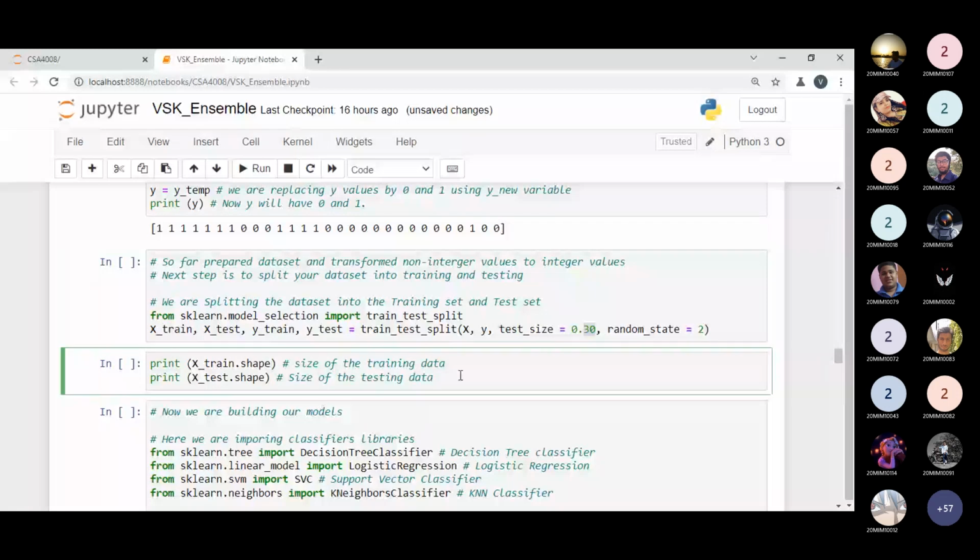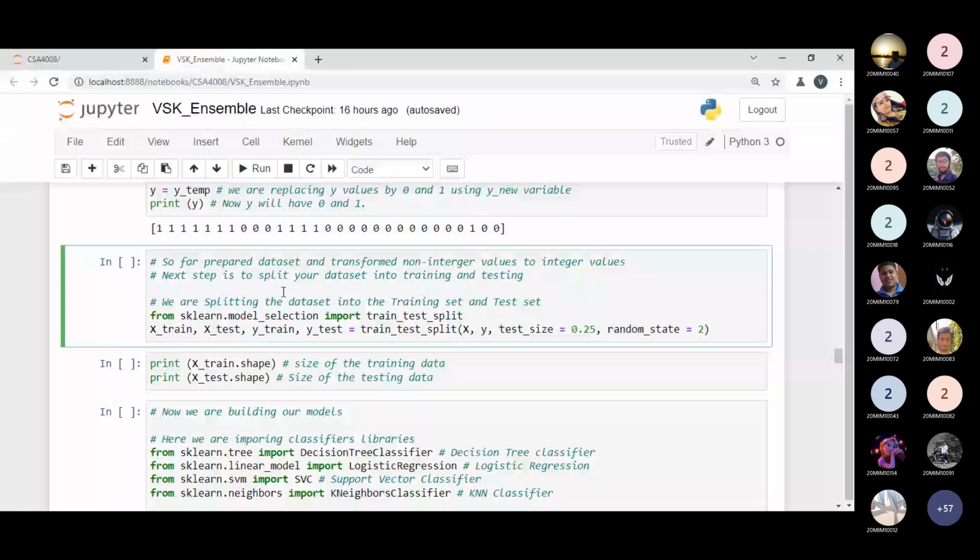So what is the size of the whole data set? 29, because we have used the DS2, which does not contain any null values. Could you tell me the size of the testing data? 0.25, 25%. Okay. So as per the student demand, I am just updating my testing size to 0.25. So I am executing this code.